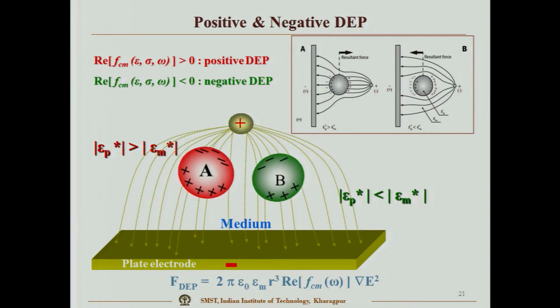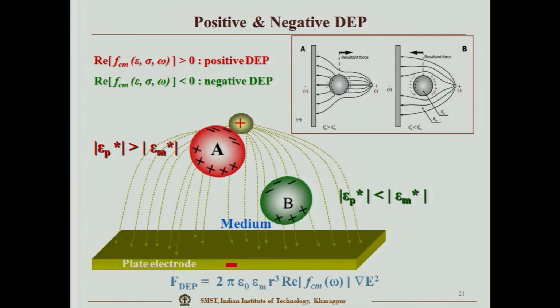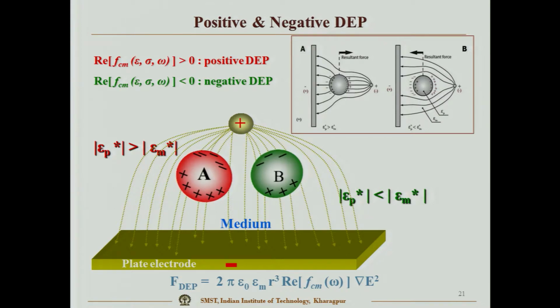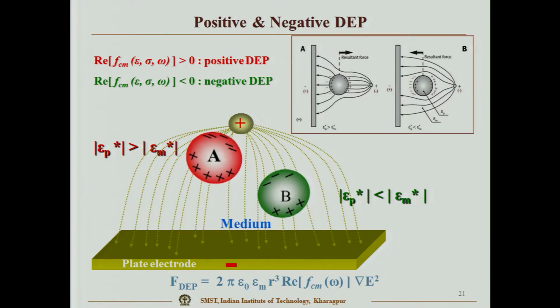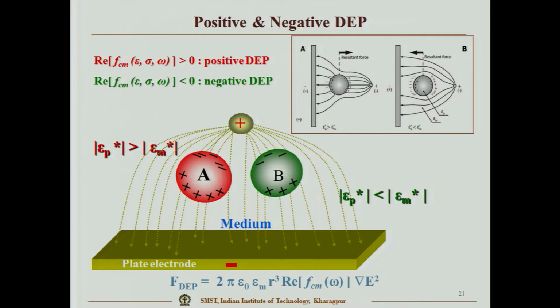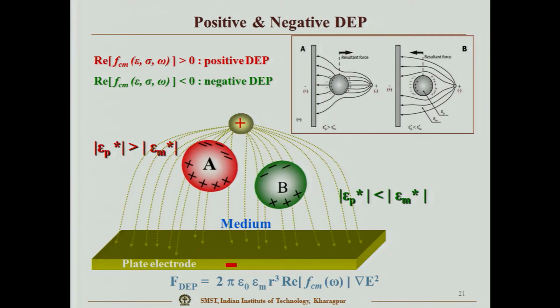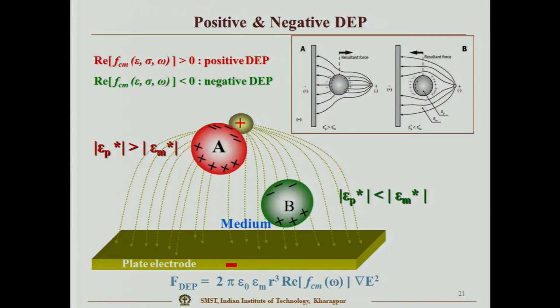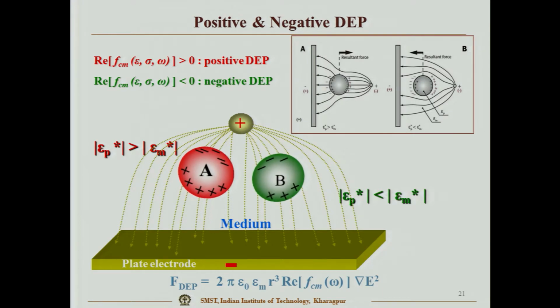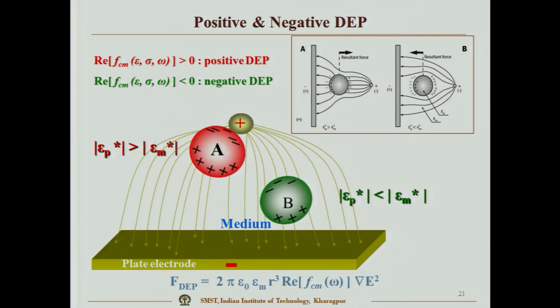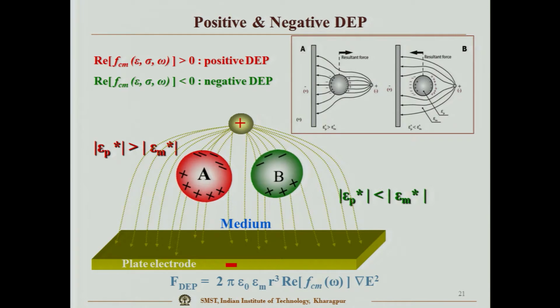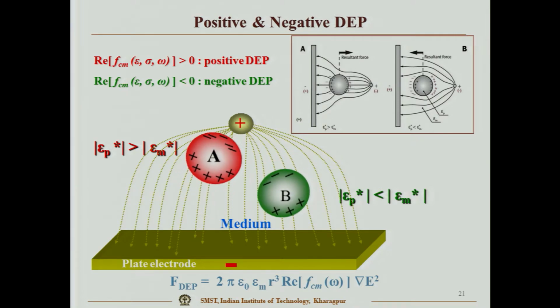While it is flowing, cells will flow one by one through the channel. I will put a non-uniform electric field using some electrodes within the channel. So, when a cell passes through that, due to the presence of the electric field, the dielectrophoretic force will be experienced,